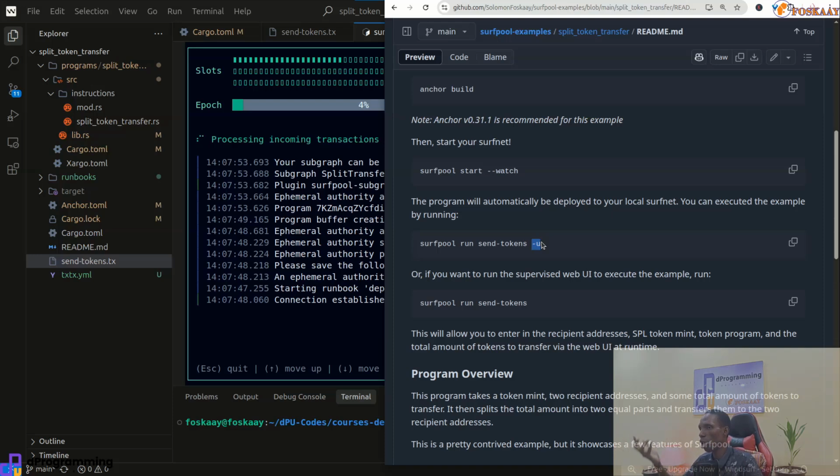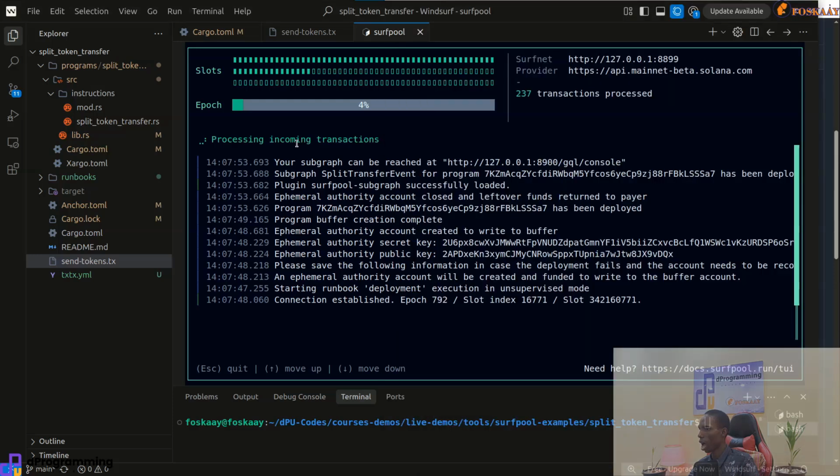It will spin up the UI if you have followed the structure to use the Runbook, the Surfpool Runbook programming language, to write the test code there. So it will now put it. So let's test the two. So we have the Surfpool run token. So if I go and just run,